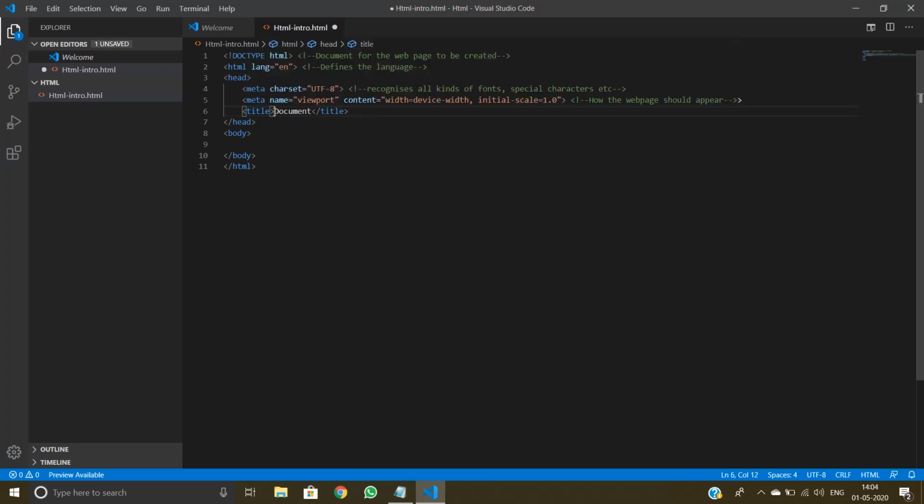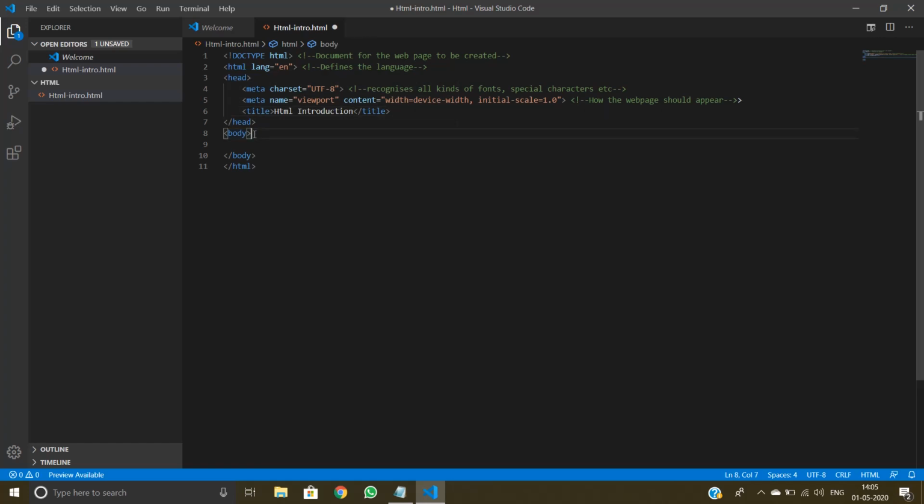And then title. So title is where you give the name for the HTML document. I'll name it as HTML introduction. If you see it in the browser, you'll have a clear idea of what is what. I'll show it in the end. Okay, so this encloses the head tag, and the body element represents the content of the document. So what kind of content, what kind of information you're gonna put in for the web page, what kind of images you're gonna insert, everything you'll be doing inside the body.